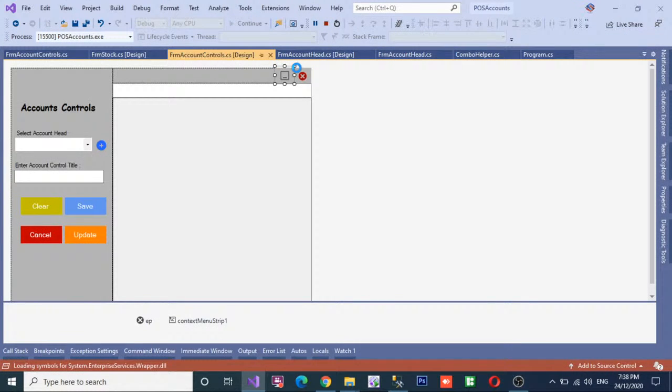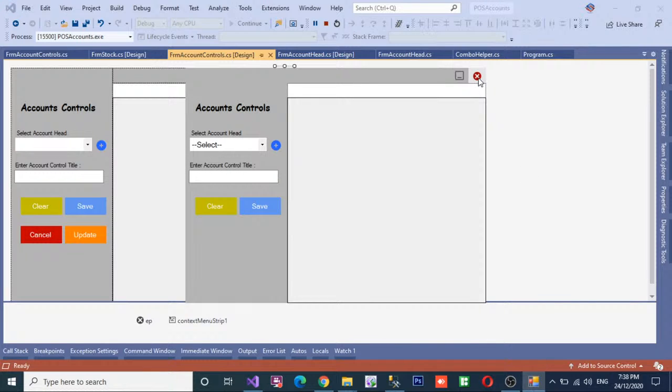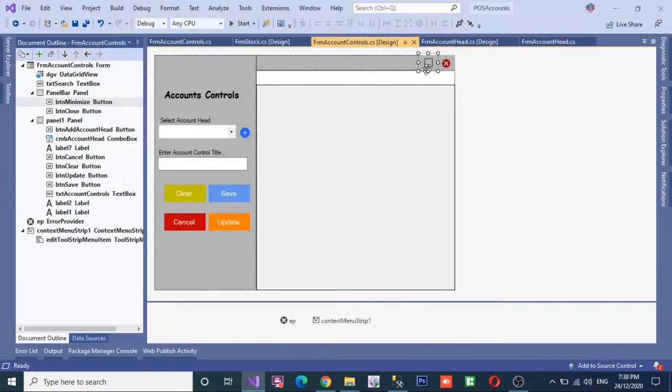So here you see, once you click on the minimize button, the form is minimized. Once you click on the close button, the application will be closed, the form will be closed. Okay, so